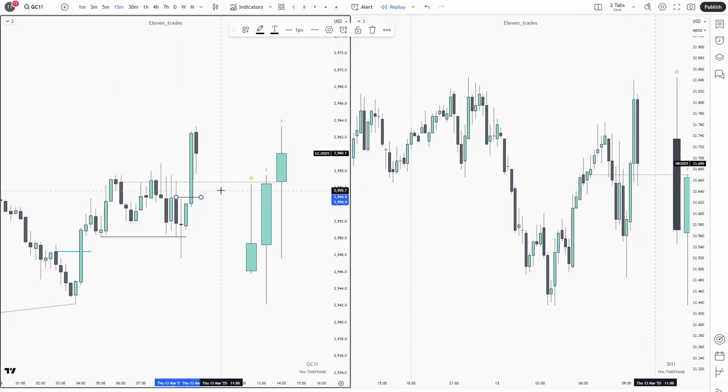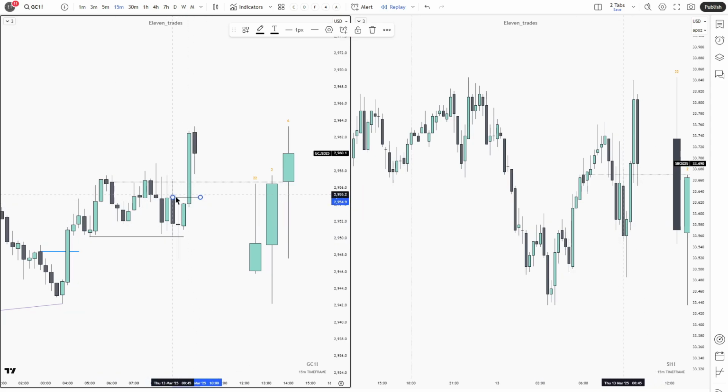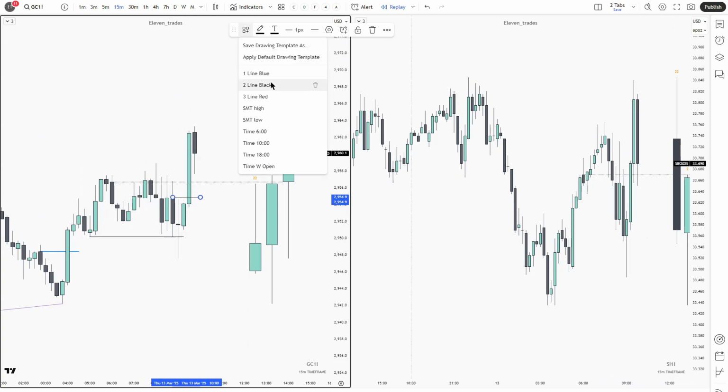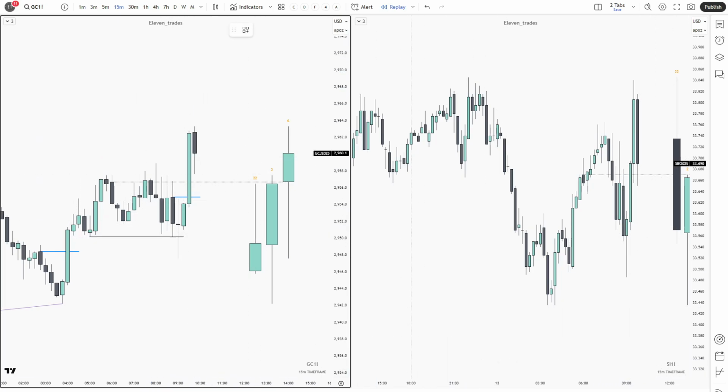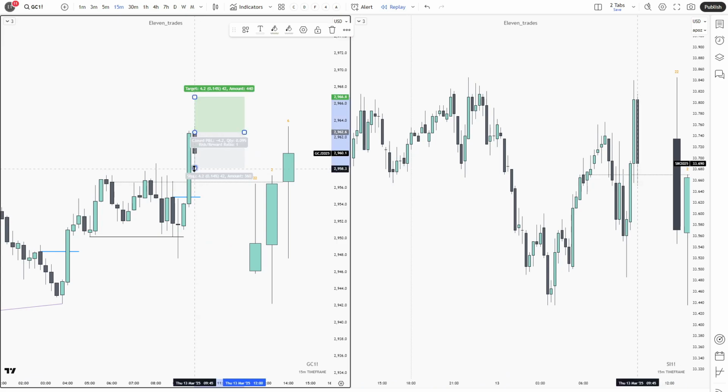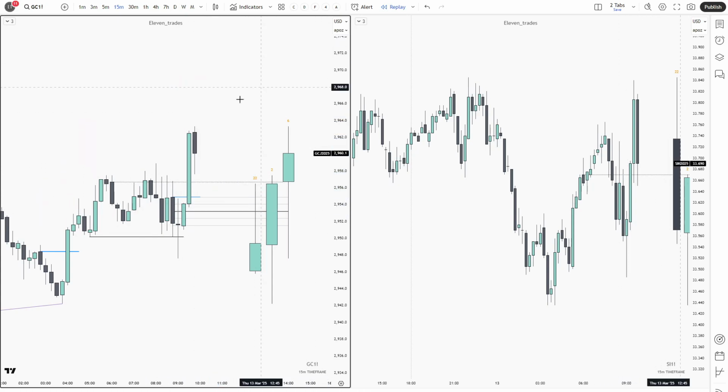Now we have closed above the down close candle, which took the consolidation range low, and we are closing very aggressively. But all we can do is take the next candle entry. My stop loss below the 50% of this order block. In this case, my risk to reward will be too low, so I would wait for a continuation order block